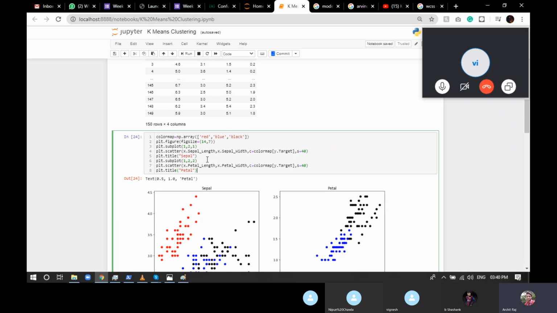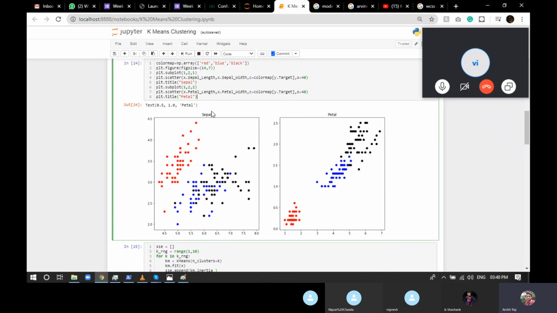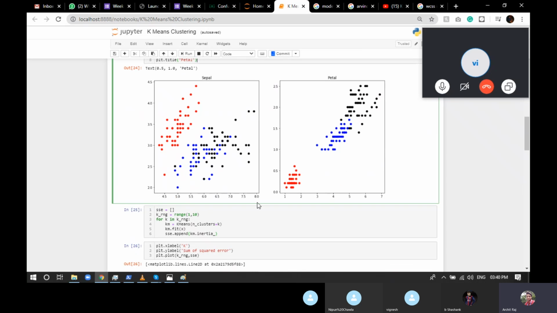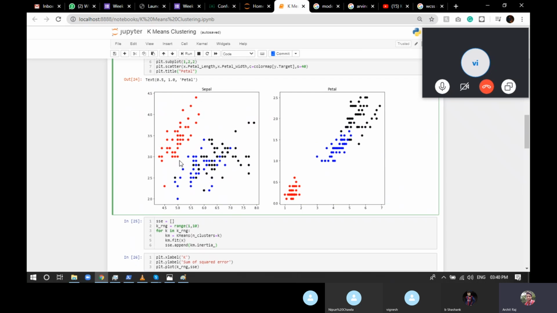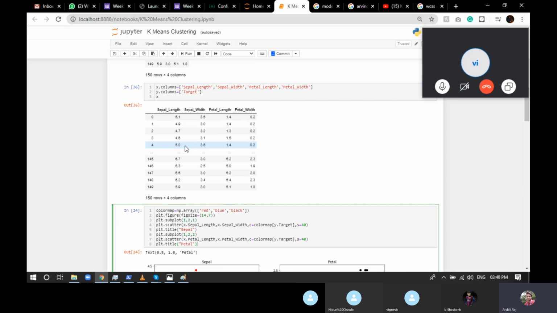So the first graph is sepal length and sepal width, and depending upon the sepal length and sepal width, it's been divided into the target classes. And you know this particular dataset has 3 target classes: Virginica, versicolor and setosa.